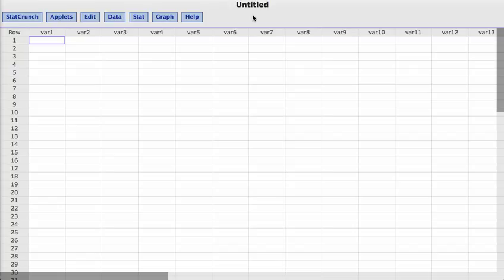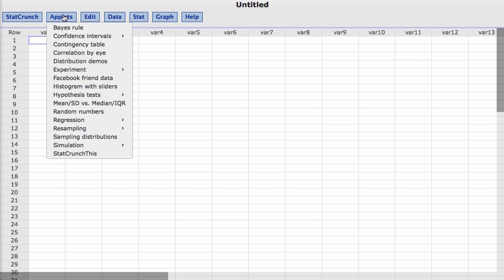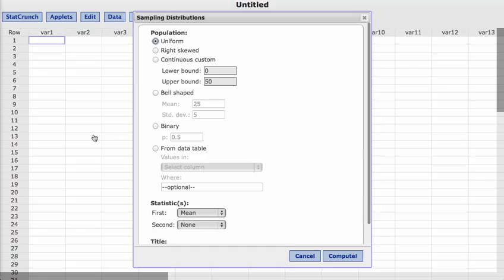In this video, I'd like to do two things. The first thing is to recall what a sampling distribution is, and the second is to look at what happens to the shape of our sampling distribution for the mean when the sample size increases. So I'm in StatCrunch, and I'm going to go to the applets, similar to what we did in the last module, go down to sampling distributions, and look at a right-skewed